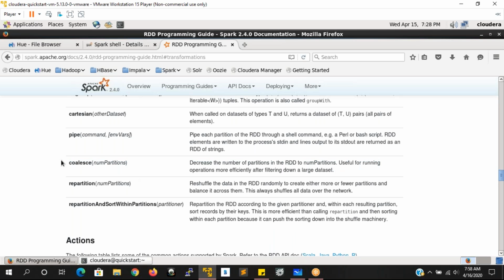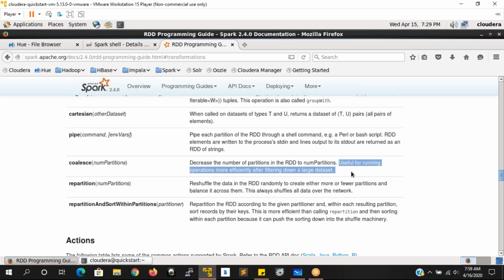Everyone knows that coalesce is going to decrease the number of partitions. So if anyone asks you, you can say that coalesce is used to decrease the number of partitions, so that we can store the data into the output in a single file also. But why are we going for filtering down only? In the documentation itself it is given, I am not saying it.